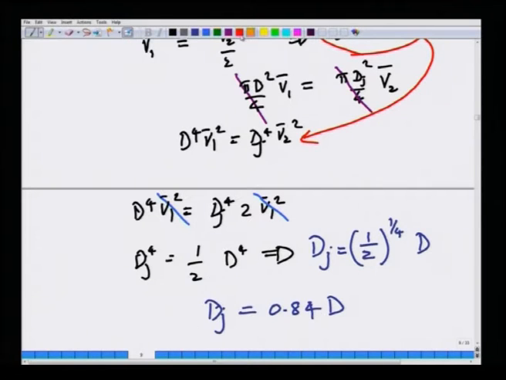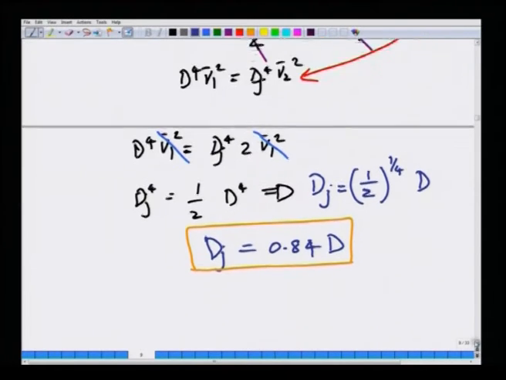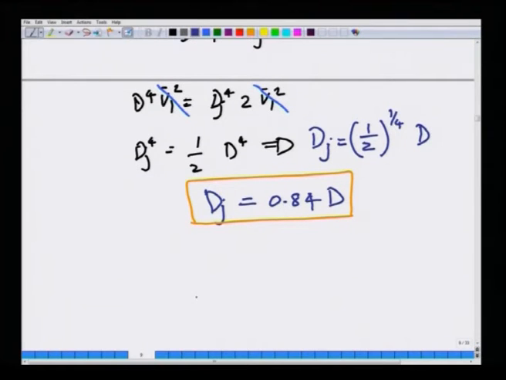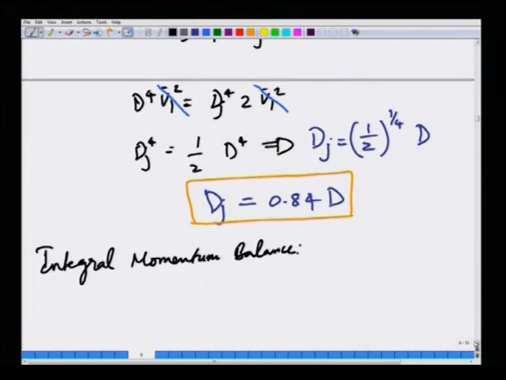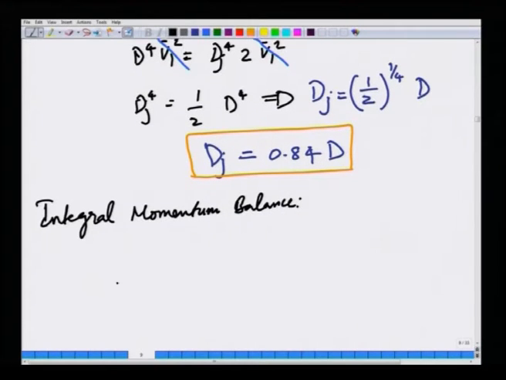This is the result from energy balance. The jet diameter is 0.84 times the tube diameter from which the jet is emerging. Now, we can also use the integral momentum balance to solve the same problem. When you use the integral momentum balance, we will have